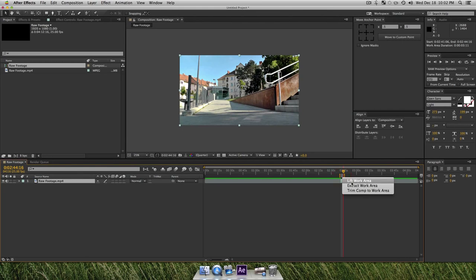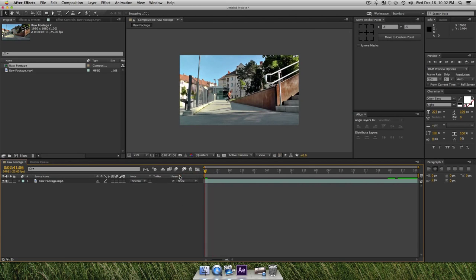Right click my work area and do Trim Comp to Work Area. Click that, and there we go. I got it cut up. So it's basically just the segment I want to track, which is probably going to be helpful, I would think,